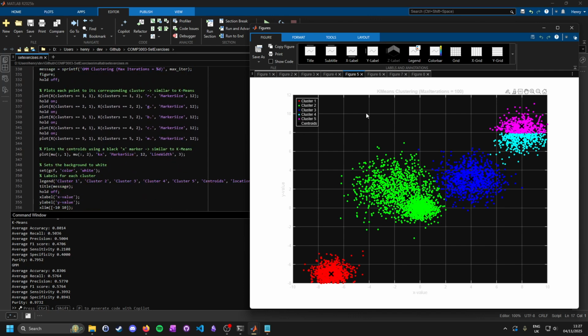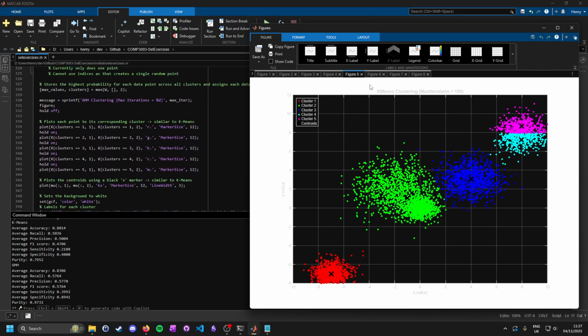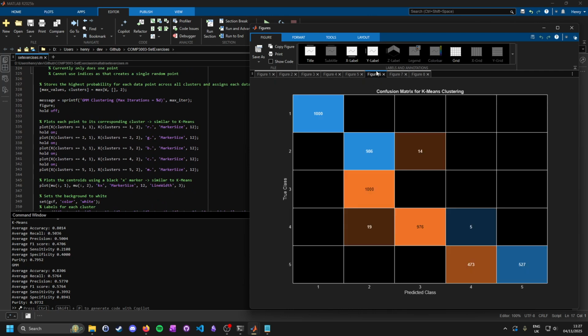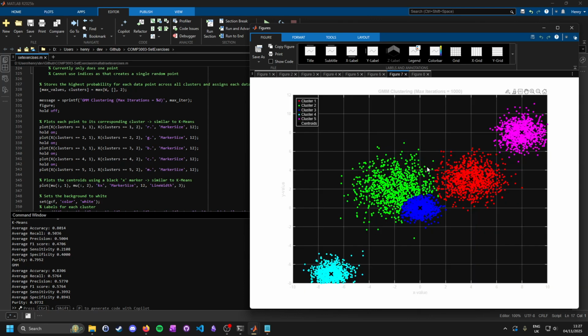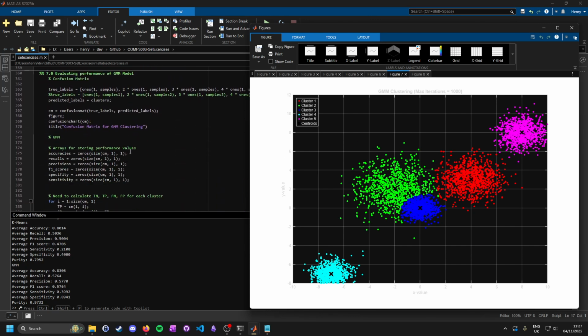Then I plot the GM model just to show how different it is. This is the confusion matrix for k-means, forgot to show that. And then this is the implementation of the GMM cluster. See the difference. And then I set another confusion matrix, which goes over,